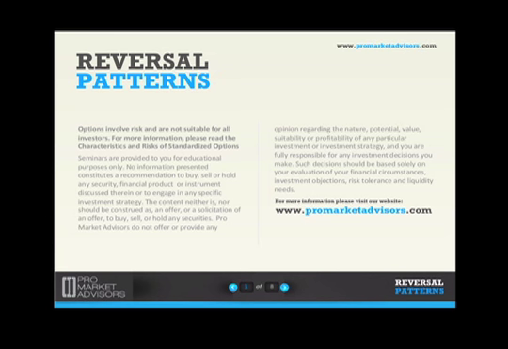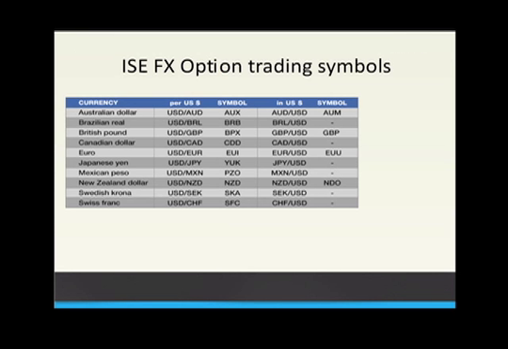With that, we're going to come back to this, by the way. This is the list of the current FX option trading symbols, and you'll notice that these are U.S. dollar denominated. Just in basic format, if you're not familiar with this, as you look at the chart of these currency pairs, if the chart is moving up, that shows strength in the U.S. dollar. So it's important that you understand that.